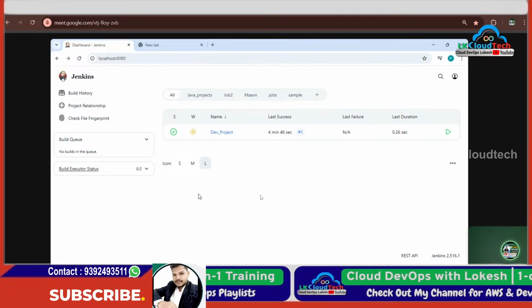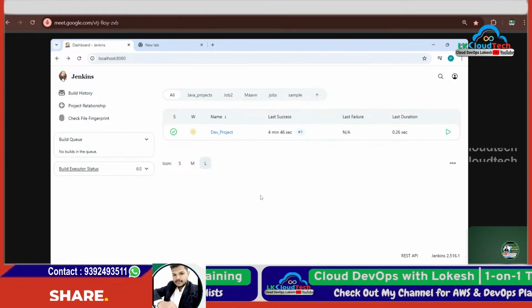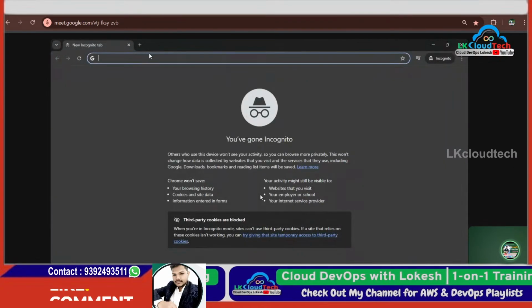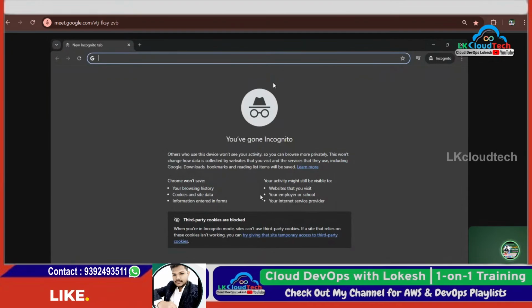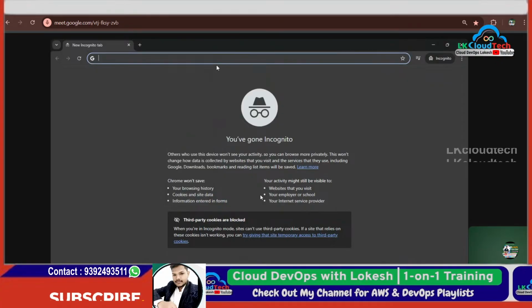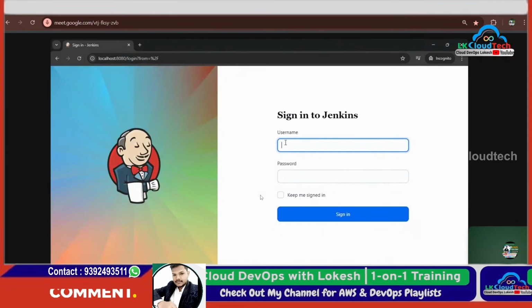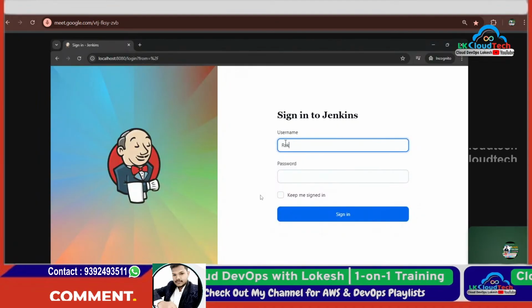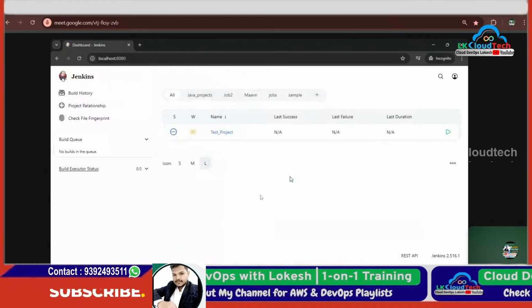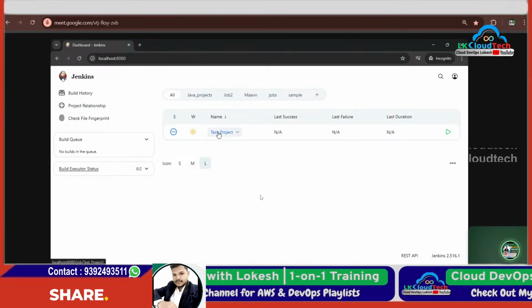Can you try to access with any tester, in the pattern you mentioned, right? Dev. That is the reason he could see only the dev project. That is the reason they will follow the name convention. So who is the tester? Rakesh. Yeah, see what he can see. Only the testing project he is able to see,